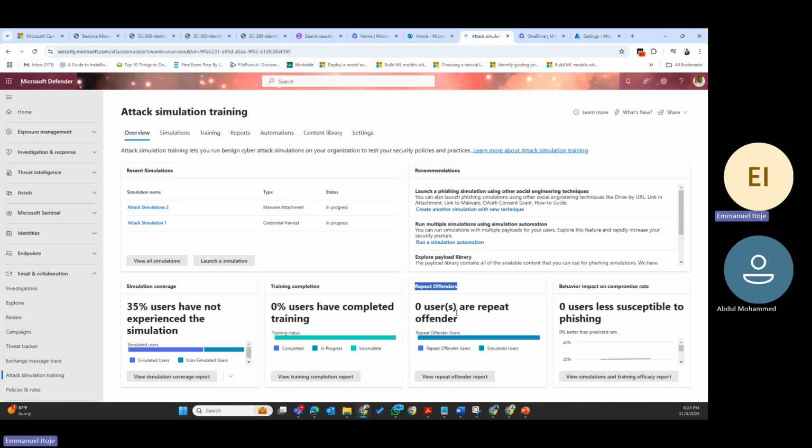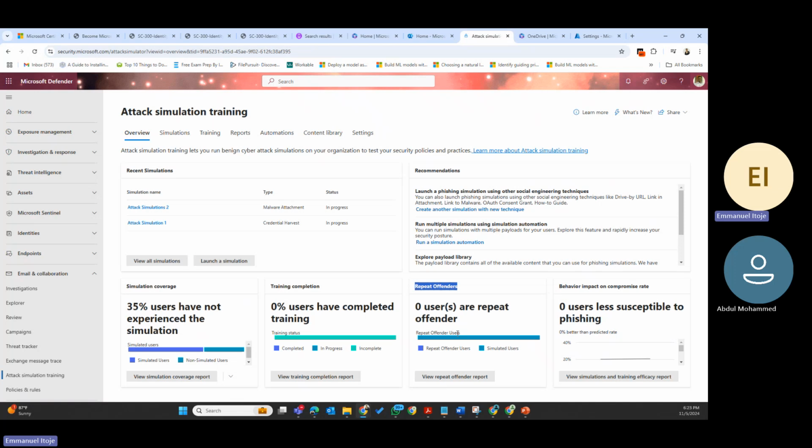The second quarter, you did the same simulation again. Then we have some of those users who still click on it. So this will give us a list of all those repeated offenders, so you'll be able to ask those users. From there, you're able to know these are the users that are actually,